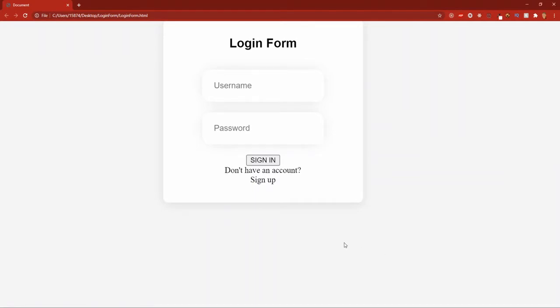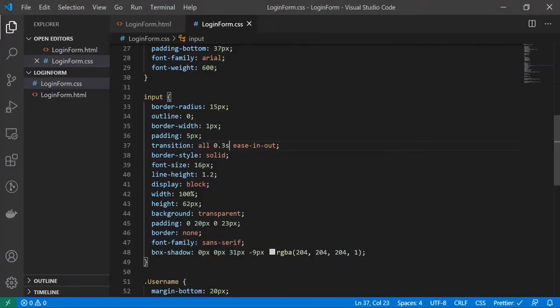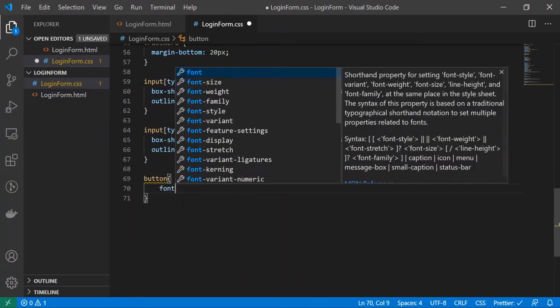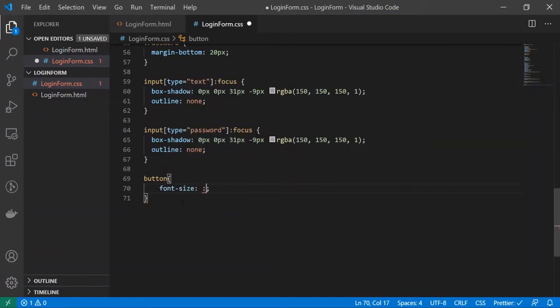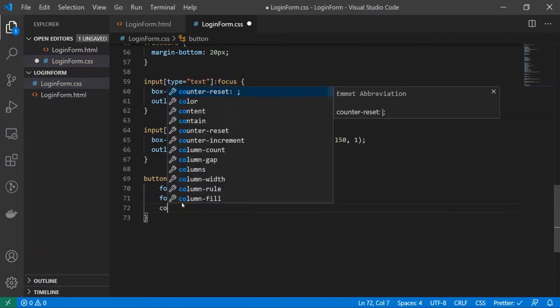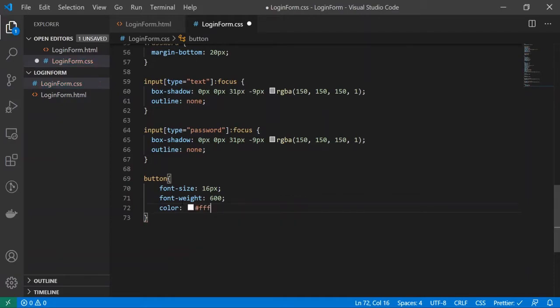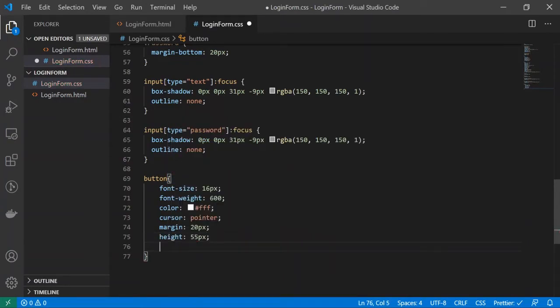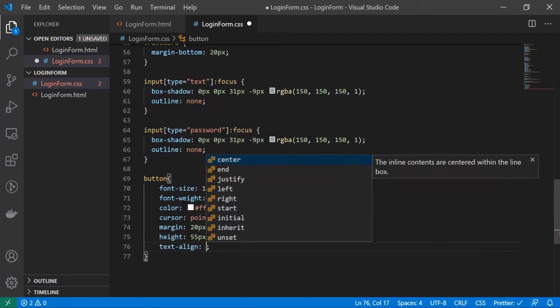Alright, now let's finally work on the button. So I'll just target all the buttons since there's only one button. And I'll do font size at 16 pixels, font weight 600, color #FFF, cursor, we'll just do pointer, margin 20 pixels, height 55 pixels, text align center,